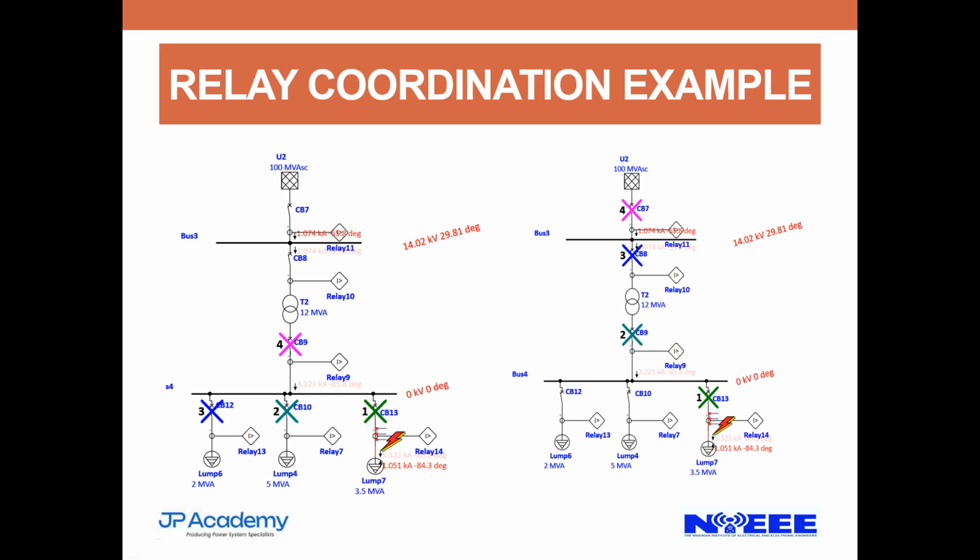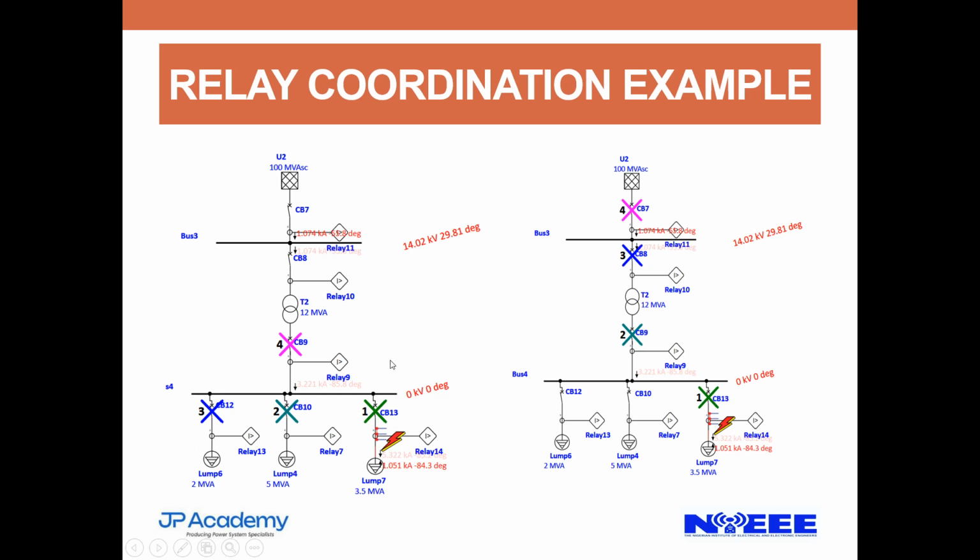When it comes to relay coordination, we have primary and backup relays, just as the last person mentioned. If there is a fault on this feeder and this relay fails to operate this breaker, the fault is not coming here, the fault is coming to this bus. Before these three breakers are tripped, we have damaged all this equipment up to this point.